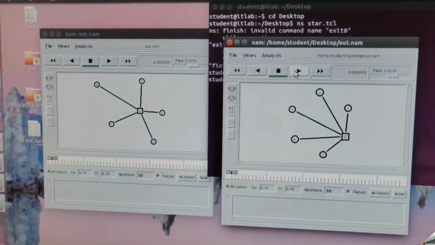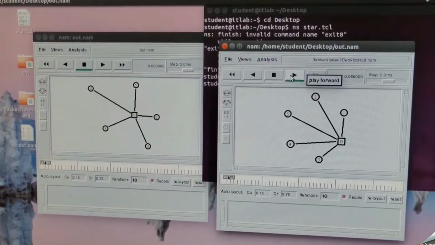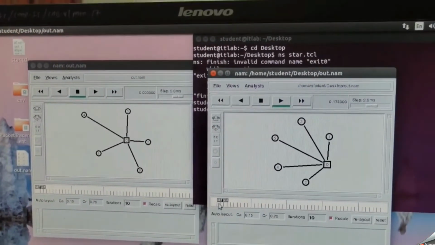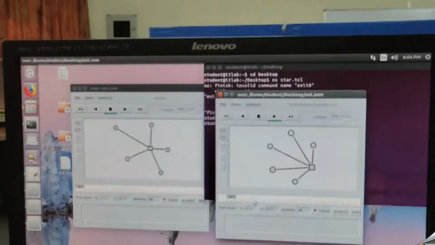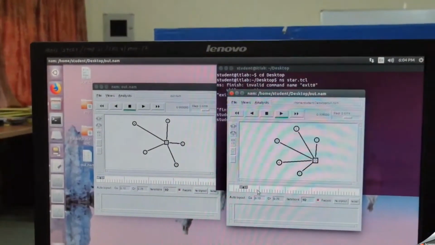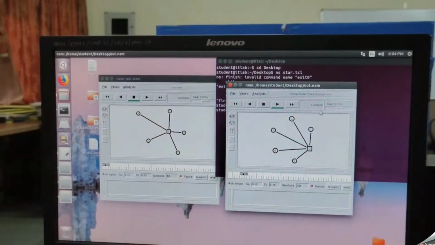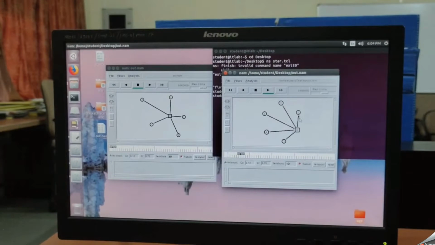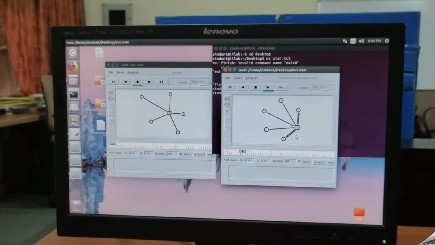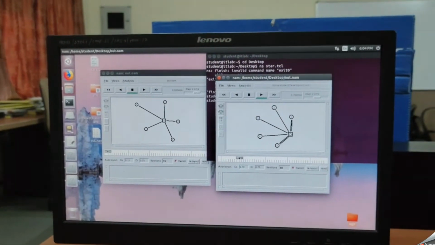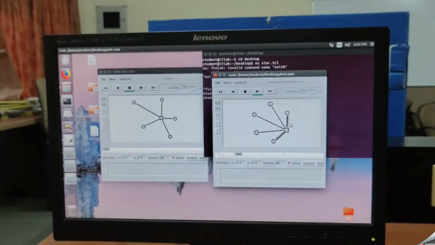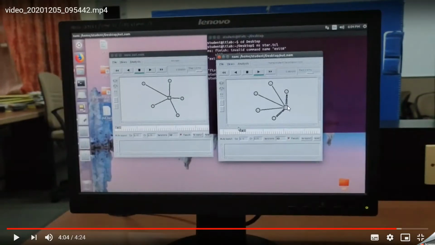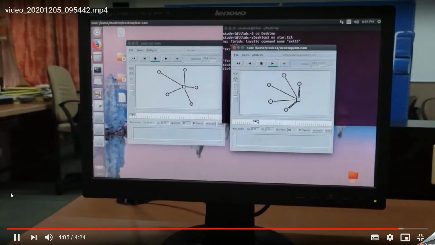So I'll click on my play forward button. You can see at the bottom the timeline that we have set, and you can see the time in milliseconds on the top right. This is the flow of the packets taking place. One more point: the central node's shape is square, whereas all my other nodes take the default shape, circle.